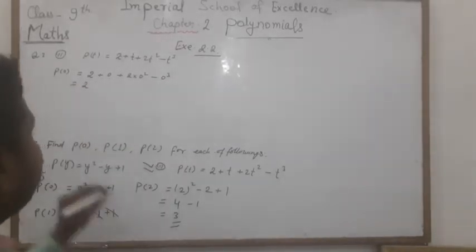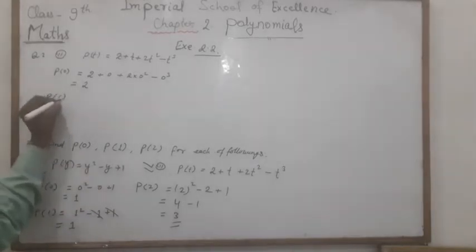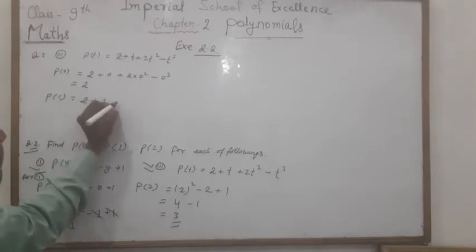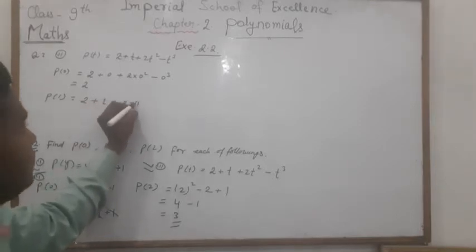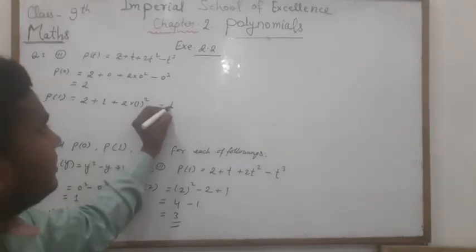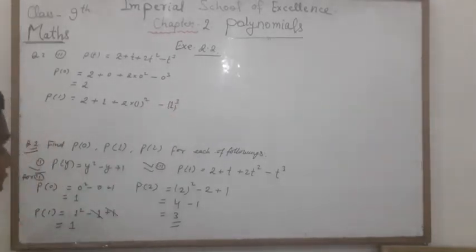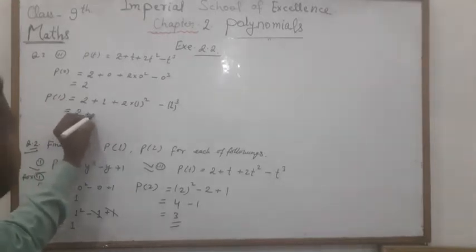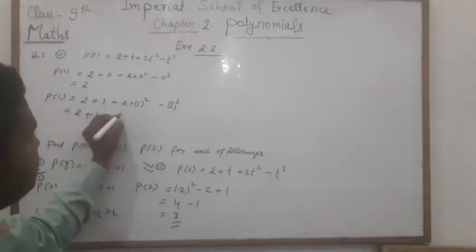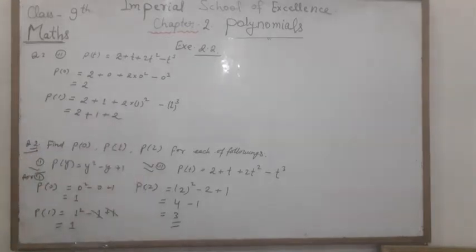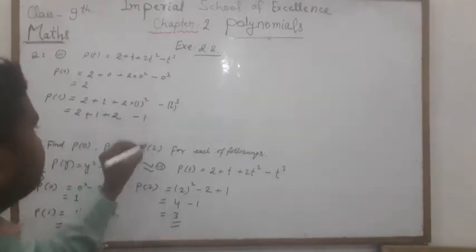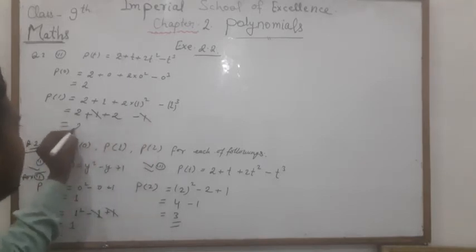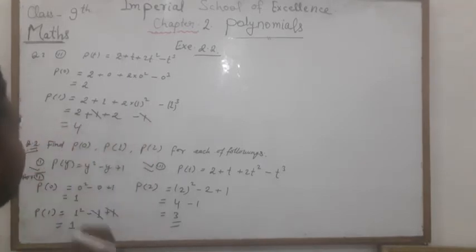ओके, ऐसे आइए बात करते हैं p(1) की बात कर लेते हैं. तो p(1), see this 2 plus यहाँ हो गया क्या 1 plus 2 into 1 to the square minus 1 का cube. Okay, so finally what it will be, this is 2 plus this is 1 and this is 2, 1 जा 2. 1 का square करेंगे तो 1 ही आएगा और 2 1 जा 2 and this is minus 1. So this minus 1 plus 1 will get cancelled and 2 plus 2 it will be 4. It will be 4 answer.